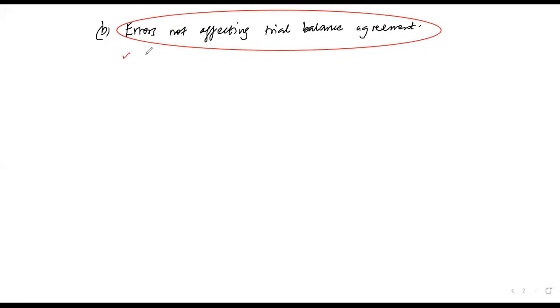Something which you need to know for purposes of understanding: the trial balance totals would be the same, in brackets balance,